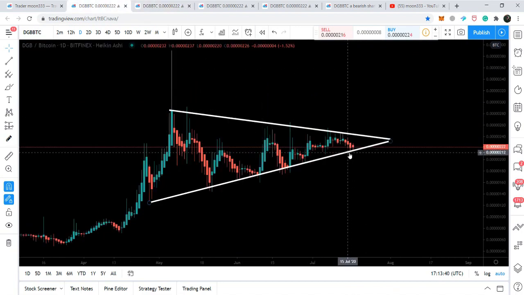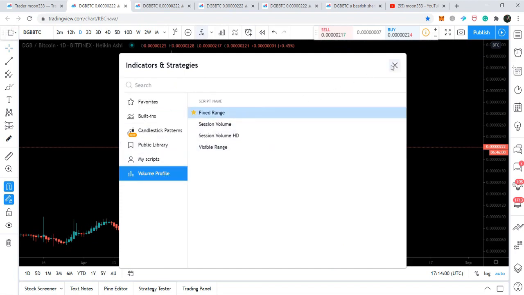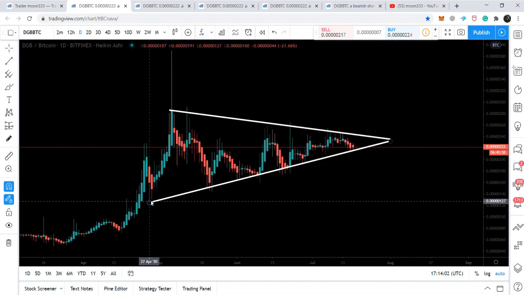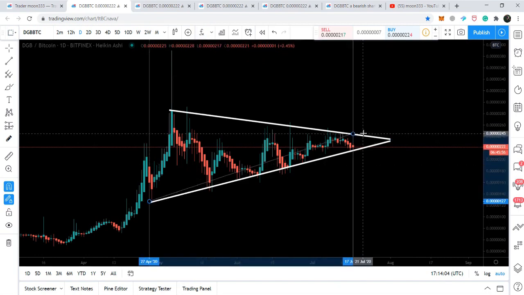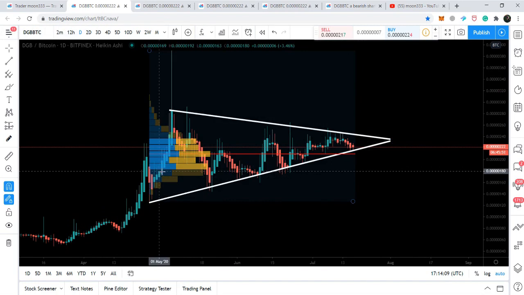If the price action breaks down the support, then we can consider that our stop loss is triggered, and we can sell the DigiByte, or exit the trade. But I'm not expecting that it will break down the support. For example, I'm placing the volume profile on the complete price action moving within this bullish pennant, and after placing this volume profile, we can see that we have the traders' interest up to this level, and